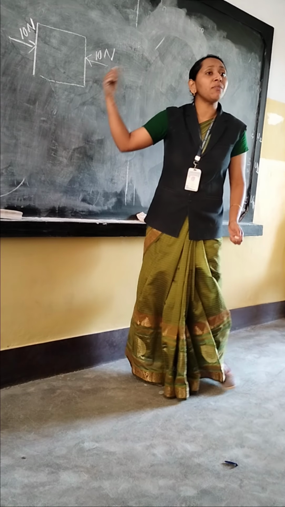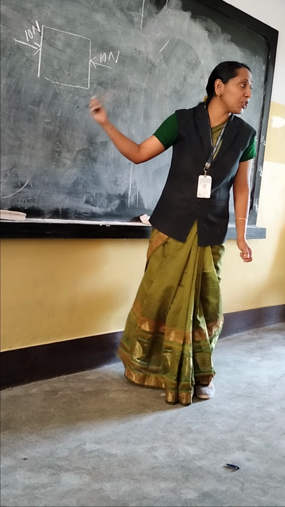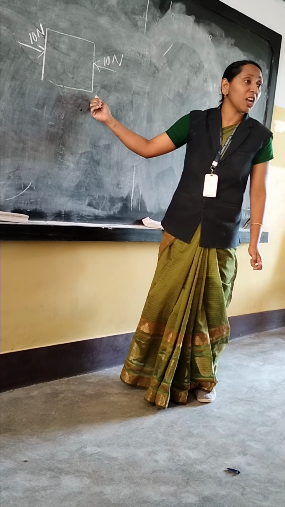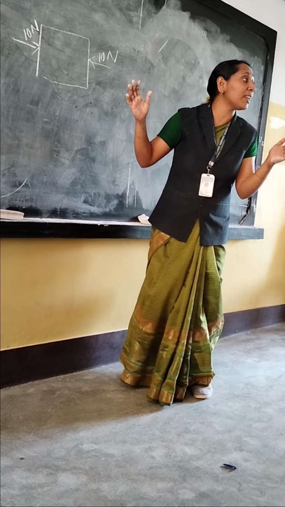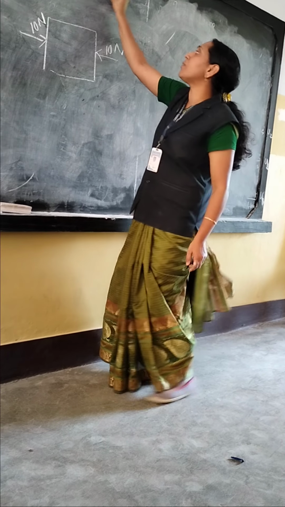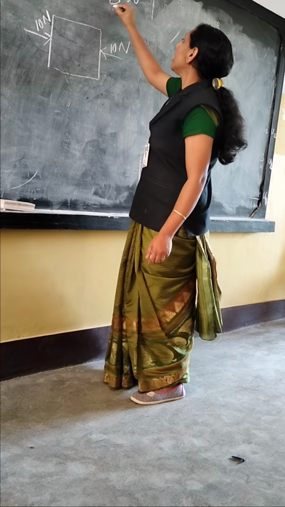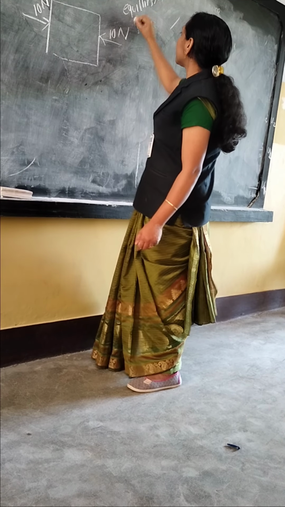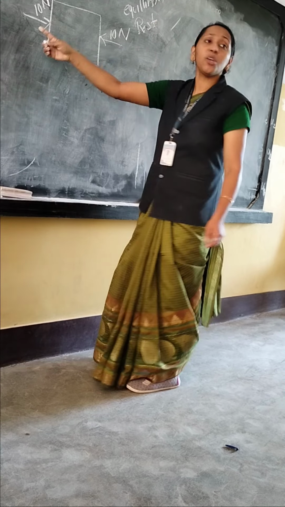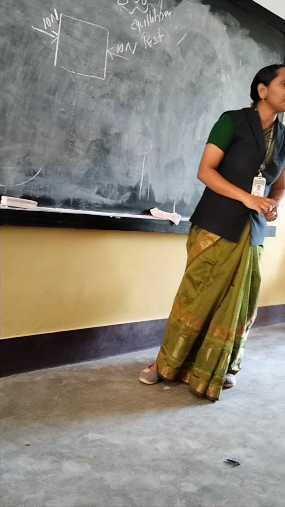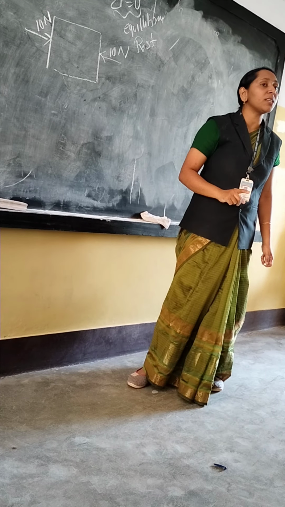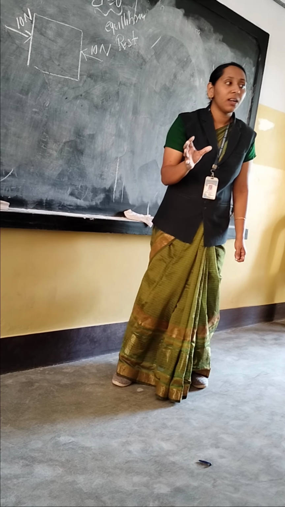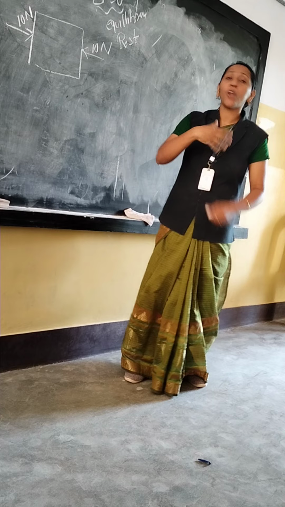So more than one force is applied. Force magnitude is same. Direction is different. The body is at equilibrium condition. Am I right? Equilibrium means rest condition. The sum of the forces equal to 0. That is called the equilibrium condition. Equilibrium, otherwise rest condition. This is called uniform forces. Am I right? What is the meaning of uniform forces? Magnitude is same but direction is different.